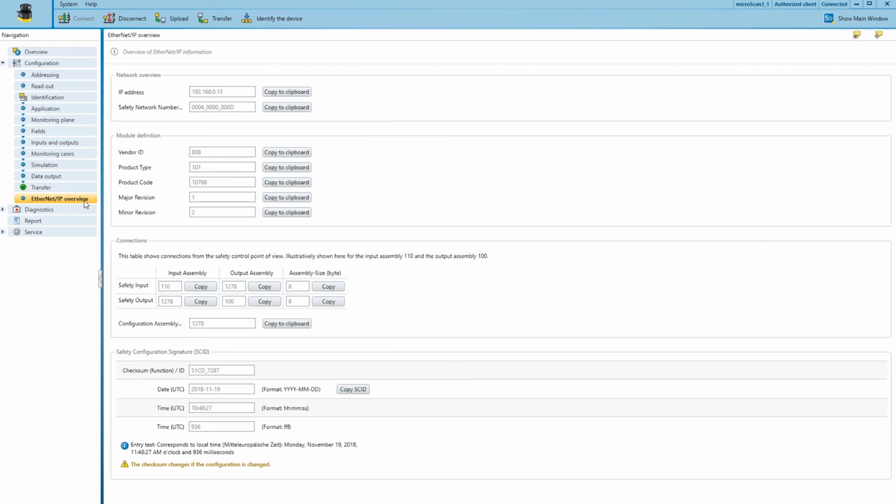The last tab is Ethernet IP Overview. As EDS files are not supported for CIP Safety integration, you will have to integrate the Microscan 3 via a generic module. All relevant information can be found on this page. One helpful hint: from time to time we may launch a new firmware for existing devices. When setting up the generic profile, please set the module definition to compatible module, not exact match. This will make sure that you can later replace the current device with a newer device without having to alter the program of the PLC.